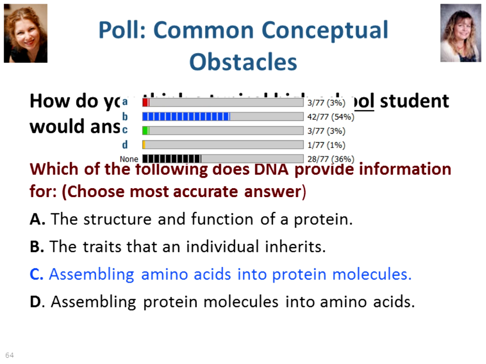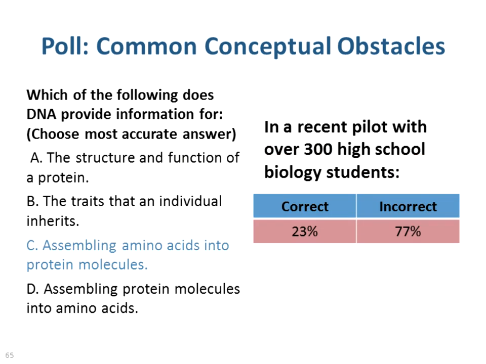So what I'm going to show you now is some results from a pilot that we did with high school students, and these are students that learned genetics. We did this in about May, and the kids in this particular school had genetics. If you just look at this as a regular multiple choice question, right or wrong, about 23% are getting it right. 77% of them are getting it wrong.